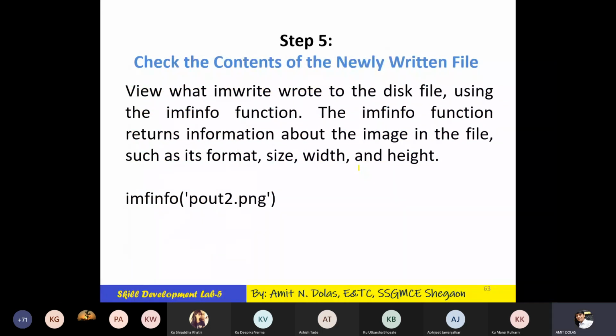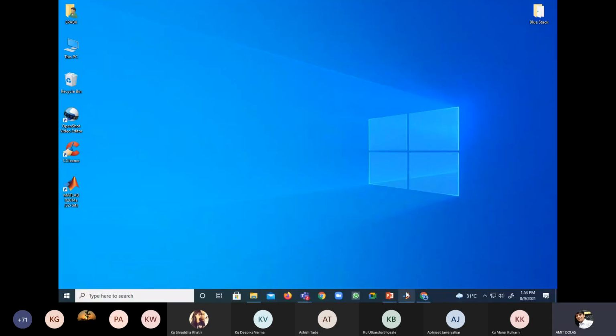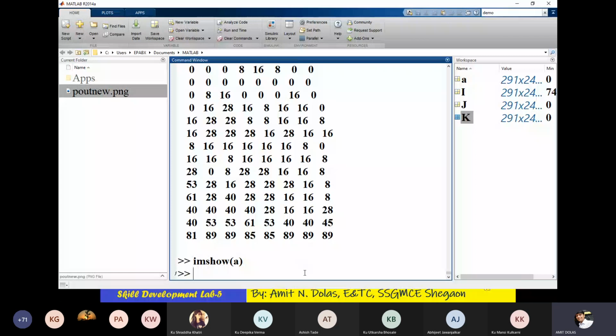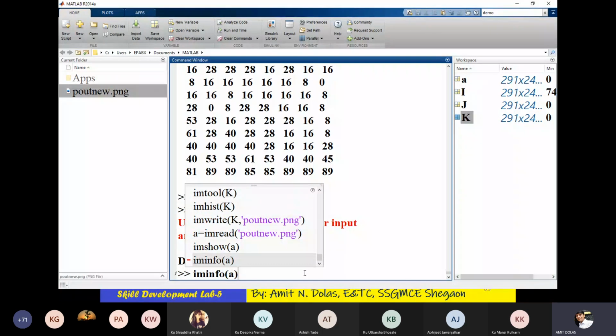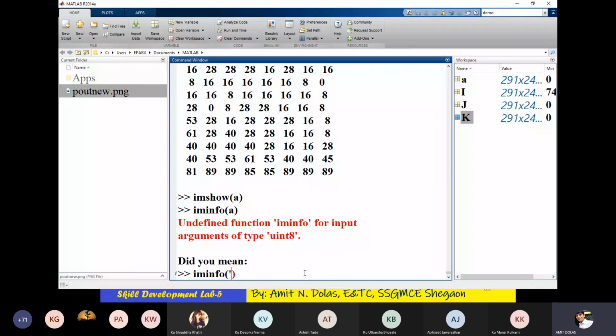Now we have seen this, and after this you can use iminfo. Again you have iminfo of a, which would give directly if I don't write. No, we need the name of that: iminfo of poutnew complete.